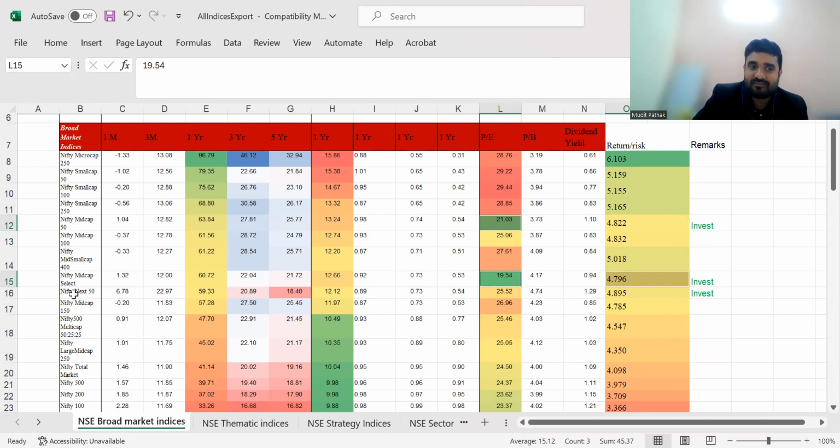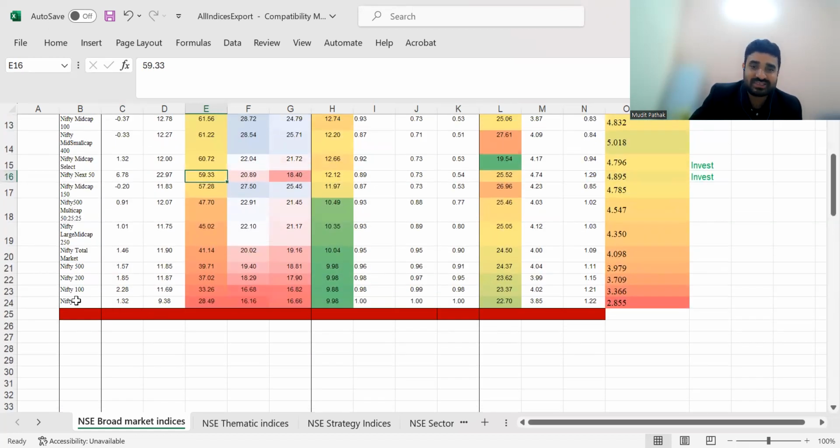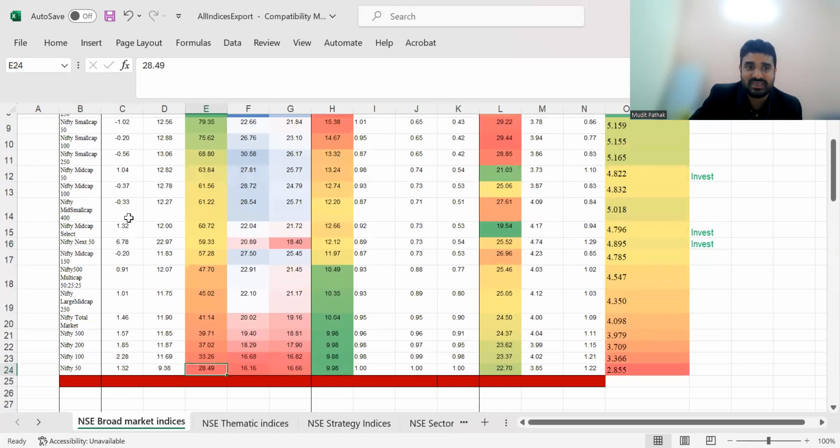And next, a very star performer of the Nifty indices is Nifty Next 50. There are lots of index funds, lots of mutual funds for this, and lots of ETFs as well. This has given close to 60% return in a year. What do you expect? What else do you want? 60%. That means more than double of the whole market index. और आपको अपना स्टार परफॉर्मर जो सारी जनता ट्रैक कर सकती है, and this is Nifty 50. This is 28.49%, and you see, if you just go to the Nifty Next 50, you get more than double of this return.